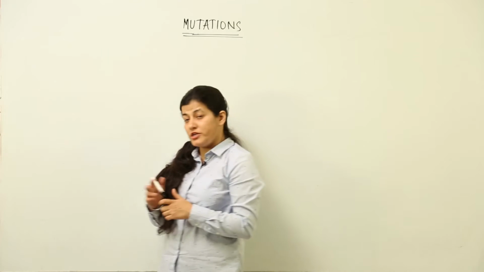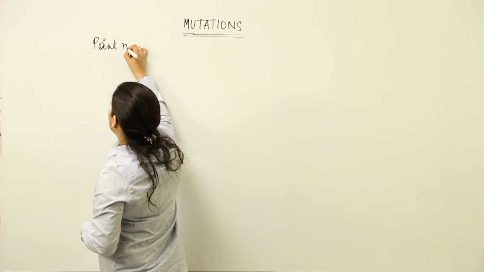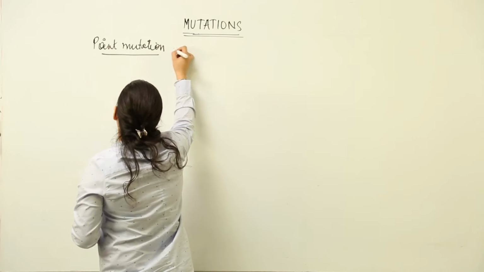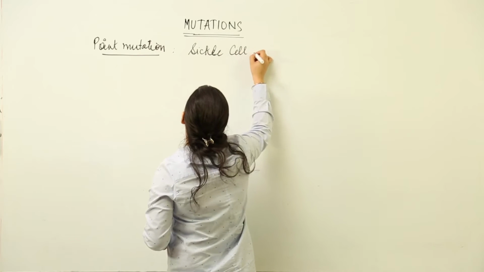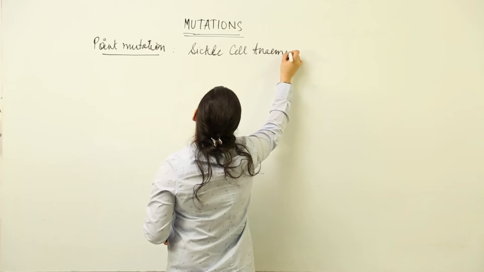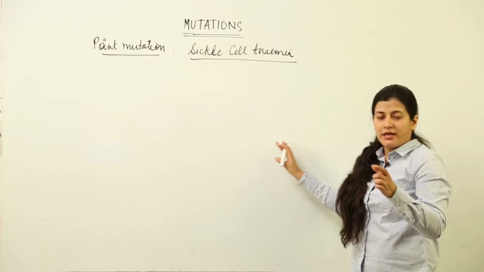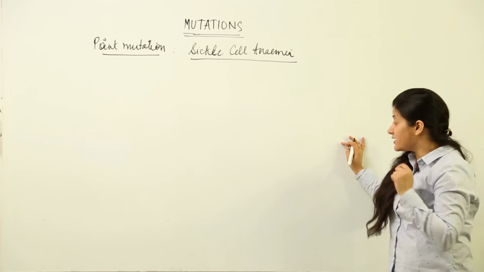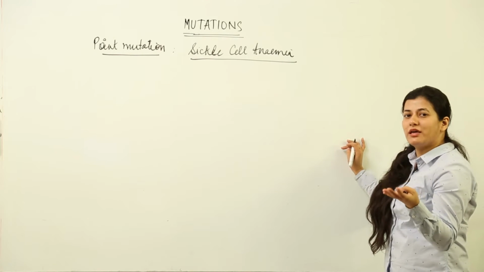Now we are going to talk about the classic example of point mutation, that is an autosomal recessive genetic disorder found in human beings known as sickle cell anemia. Now what happens in sickle cell anemia? Instead of the biconcave disc that you have in the form of RBCs present inside your body, such people have sickle shaped RBCs. It is not a biconcave disc.